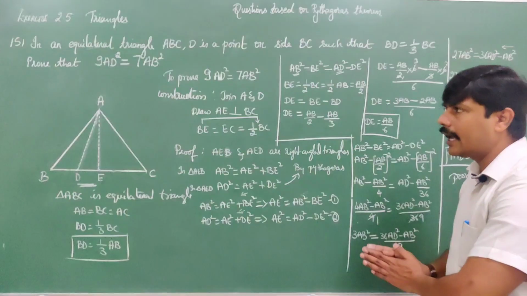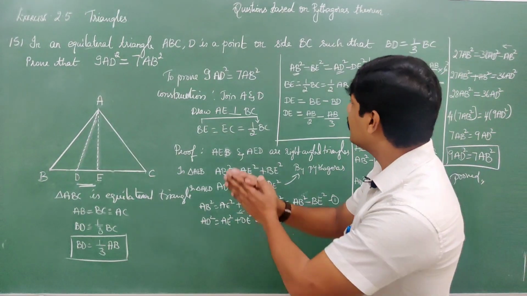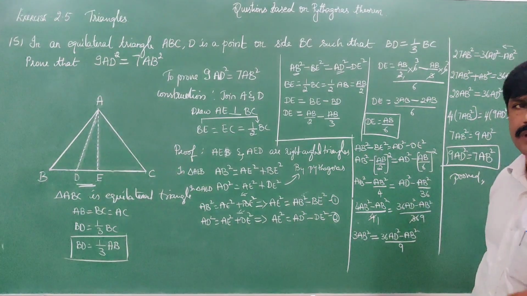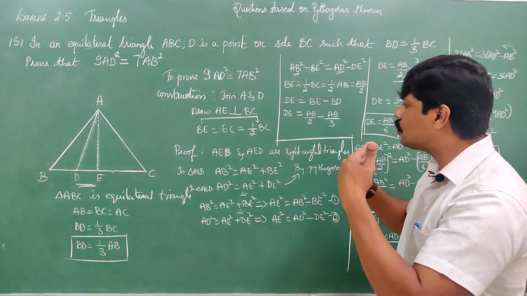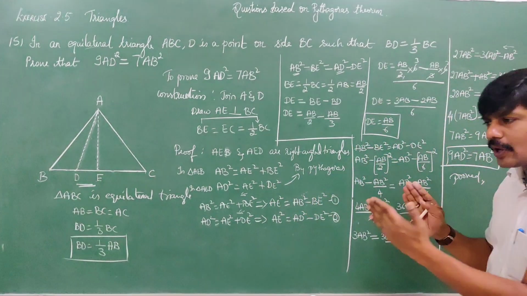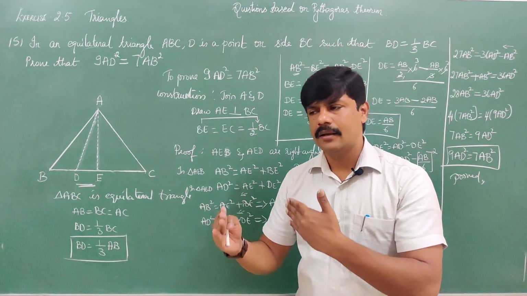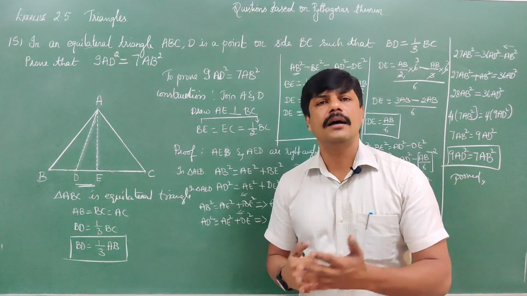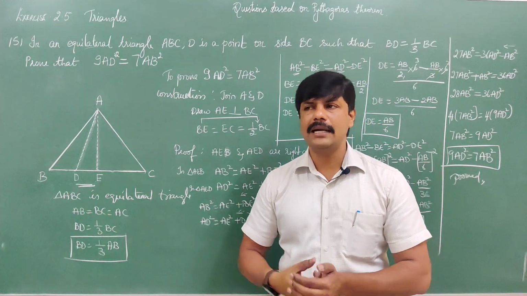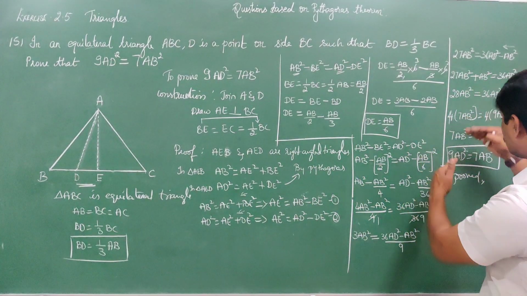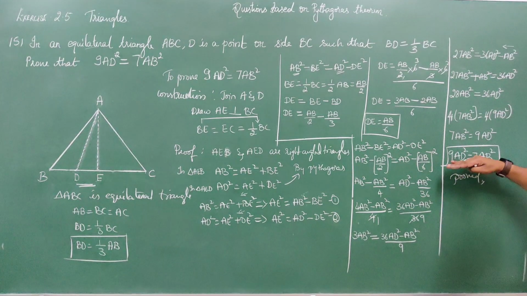Very easy way. Okay. So by changing B and D in terms of AB, once you change this B and D in terms of AB and substitute, and if you add and subtract properly, you must know addition and subtraction of fractions by taking LCM. Once you know that, then very easily you can arrive at the solution. Thus you reach here 9 AD square is equal to 7 AB square.